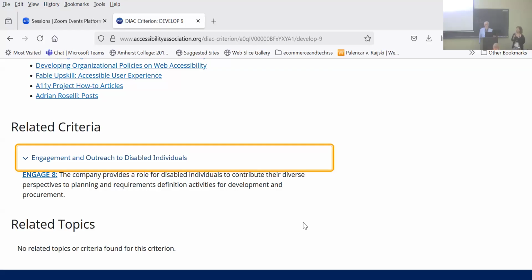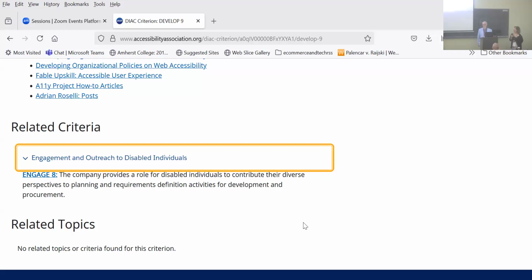Because they're going to be the ones who are actually going to let you know how they're going to use the product or how they're going to interact with the product. And therefore, if you're engaging them up front and throughout, then you have a better chance of having a product that is accessible, and it'll cost you less because you won't have to remediate it, right? So it's, I think, quite possible that this is not a revelation to anybody in this room.